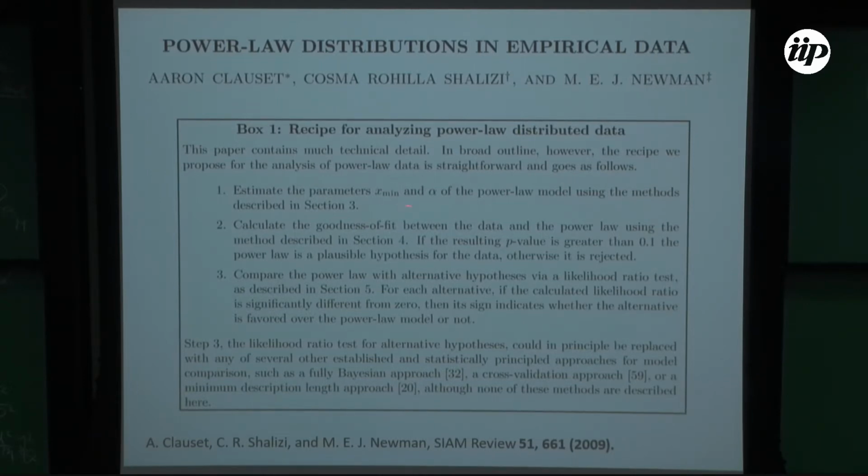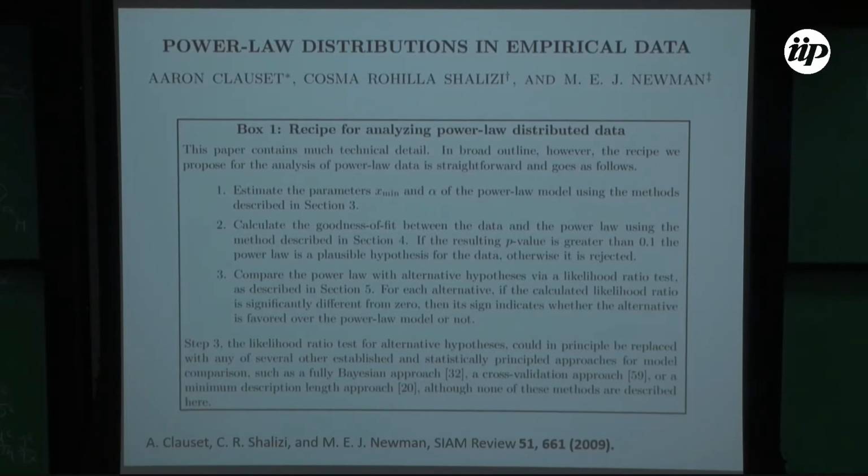So one first has a parameter x min. I'm afraid there's another alpha. It's a different alpha. Later it will be beta. Okay. So you think you have a distribution which obeys a power law which for large x decays as x to the minus alpha, and that this distribution applies to data for x greater than x min. So first you need a procedure for estimating x min and estimating alpha. You then need to